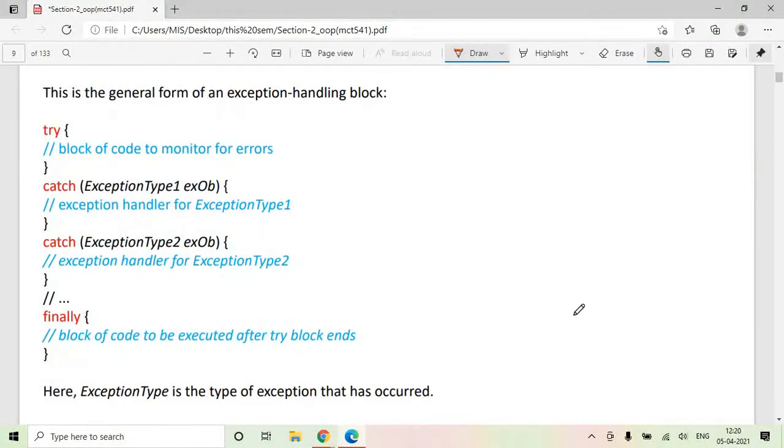Okay. So this is how you can write these exception handling blocks. Try is basically a keyword. You can write it like this: try, and a block of code to monitor for errors. Here you will have your own code. Then you can write a catch. Catch, parenthesis, and whatever exception is generated and thrown is basically caught by this